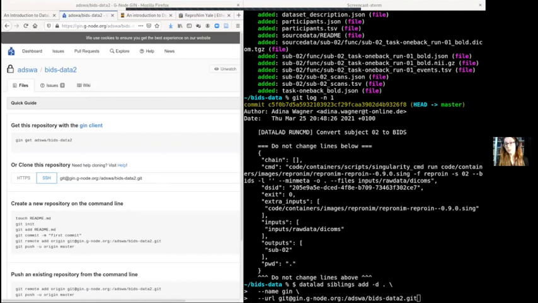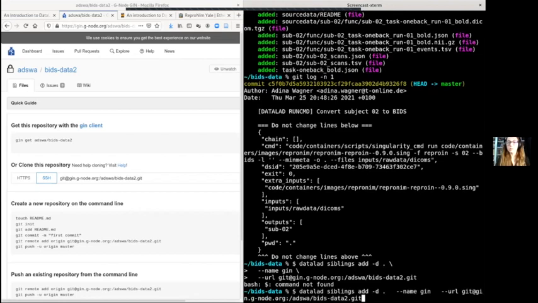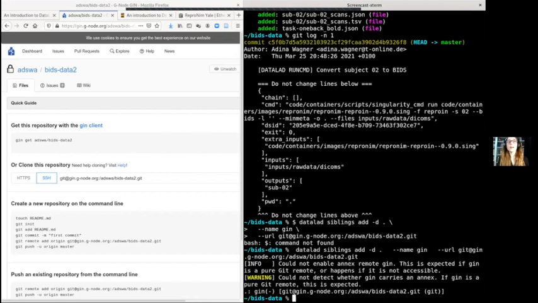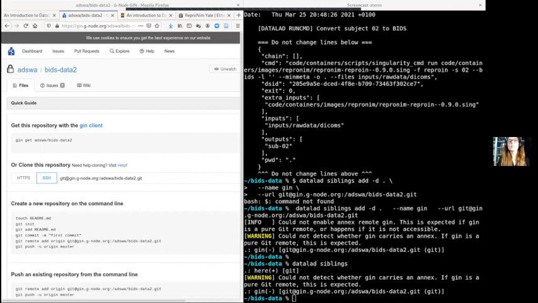I'm adding a so-called sibling, which is a clone, a linked copy of this data set. I'm calling it Gin, and I'm pointing it to the repository that I have just created. Importantly, I'm using an SSH URL, like that. And what I have done now is I have a DataLad sibling that is called Gin,